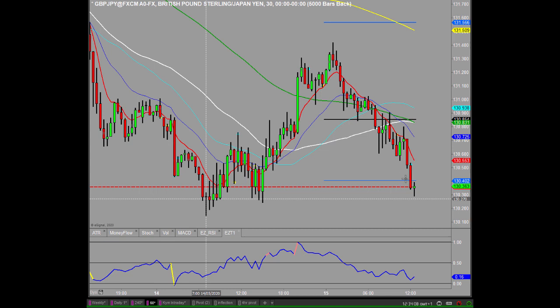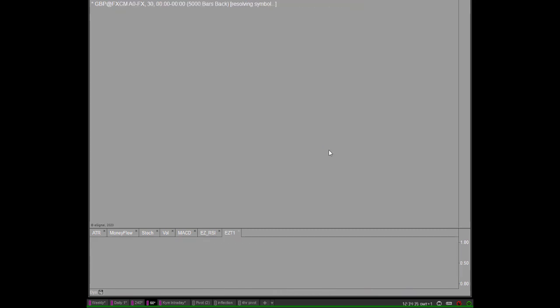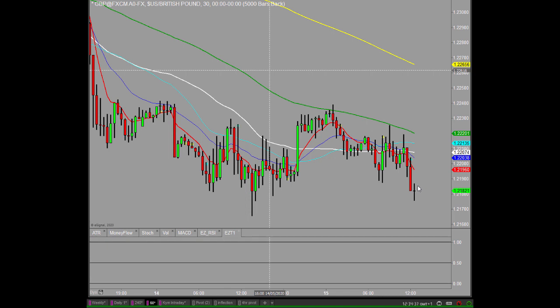Well, actually mine was 130.41, because I was busy looking at something else at the time. So 130.41 was where I've taken half off, and just sitting there now waiting to see if this runs over. But with these prior lows, I'm just thinking, well, we had buy support around this area before. Maybe it'll act again. If we look across at what the pound's doing at this stage, the pound's just dropped